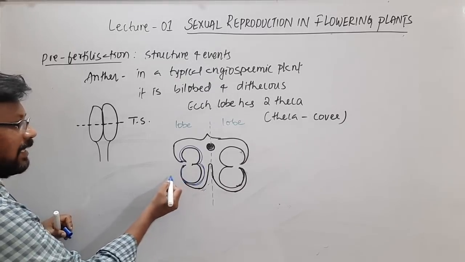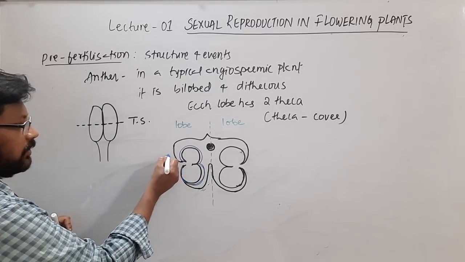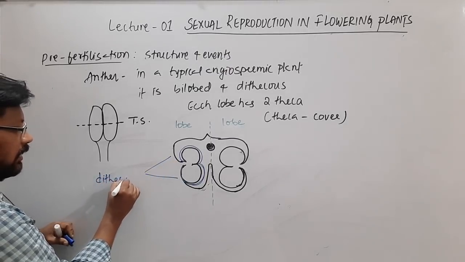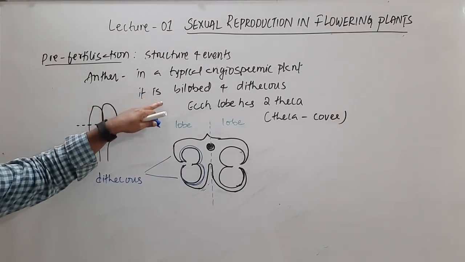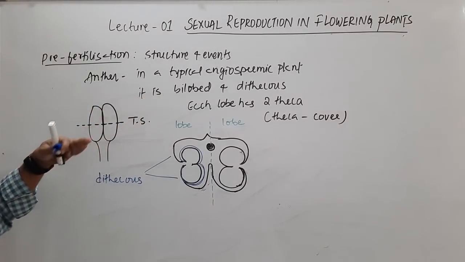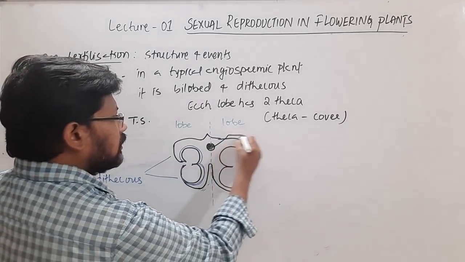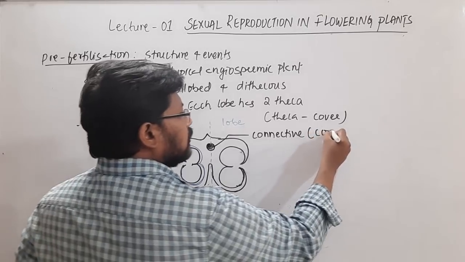So I can say that it is dithecous. As there are two theca, the condition is dithecous. As I already told you, anther in a typical angiospermic plant is bilobed and dithecous, right? And here, of course, this is the connective, which contains